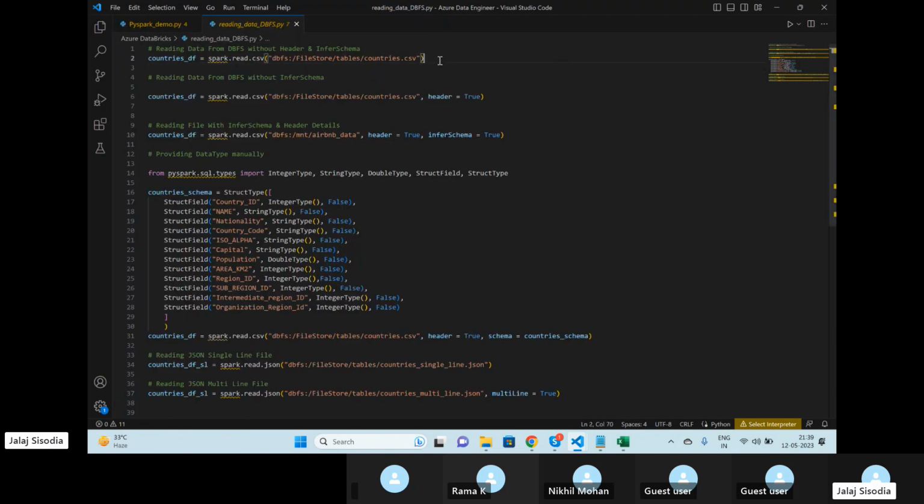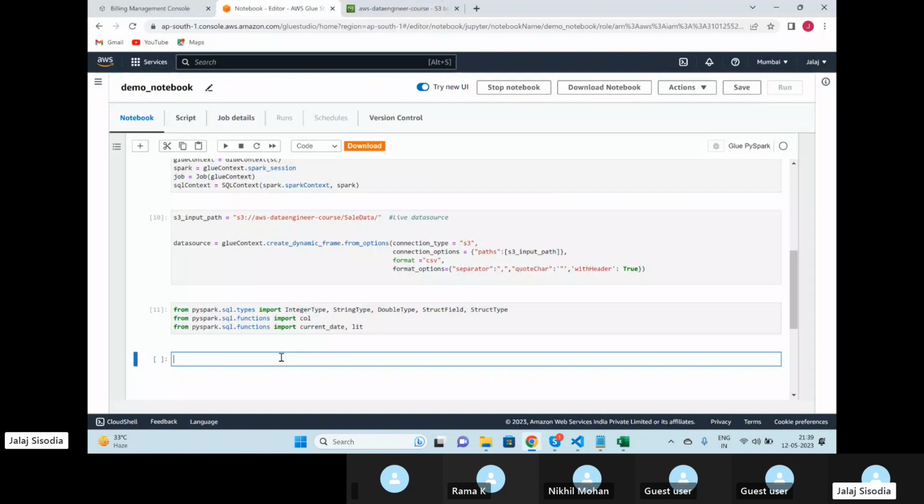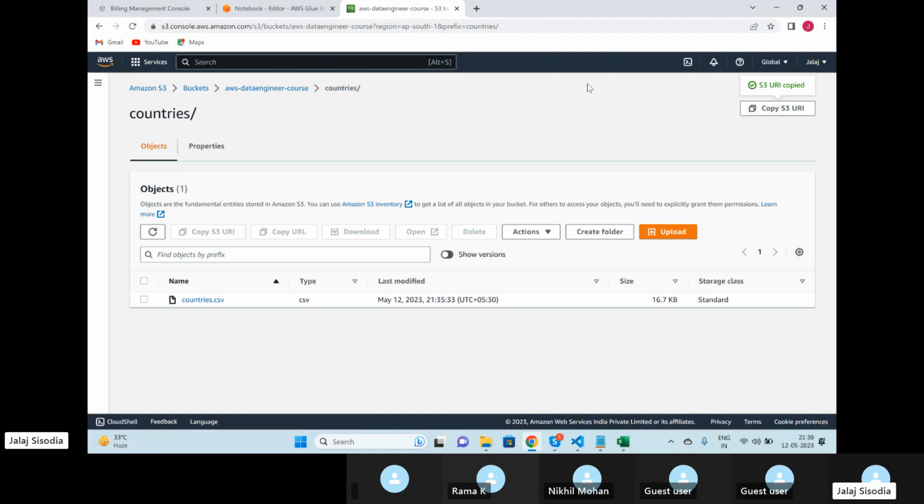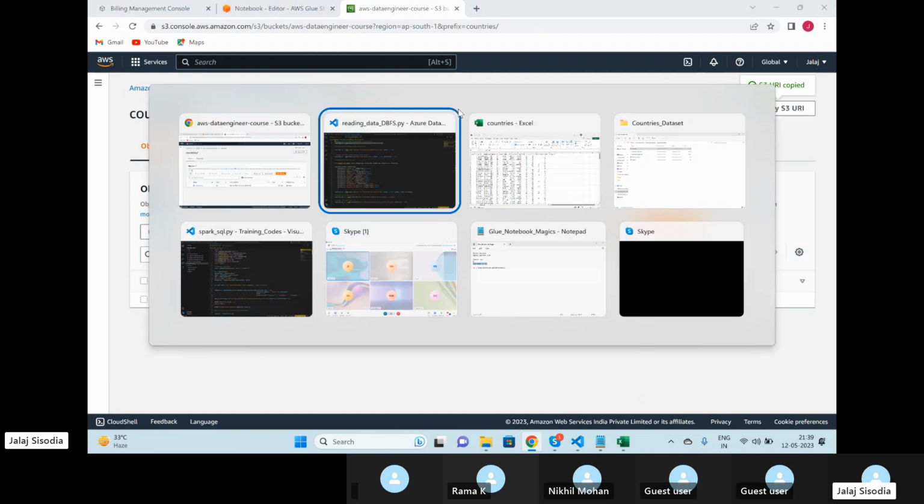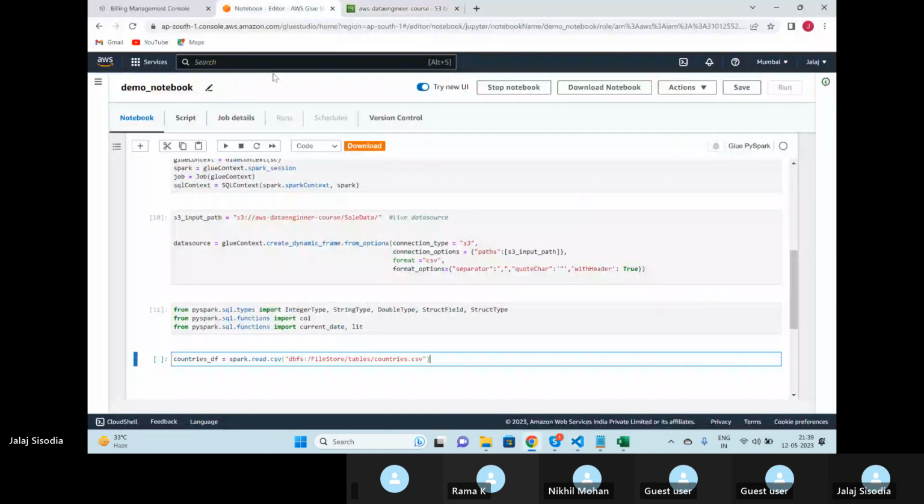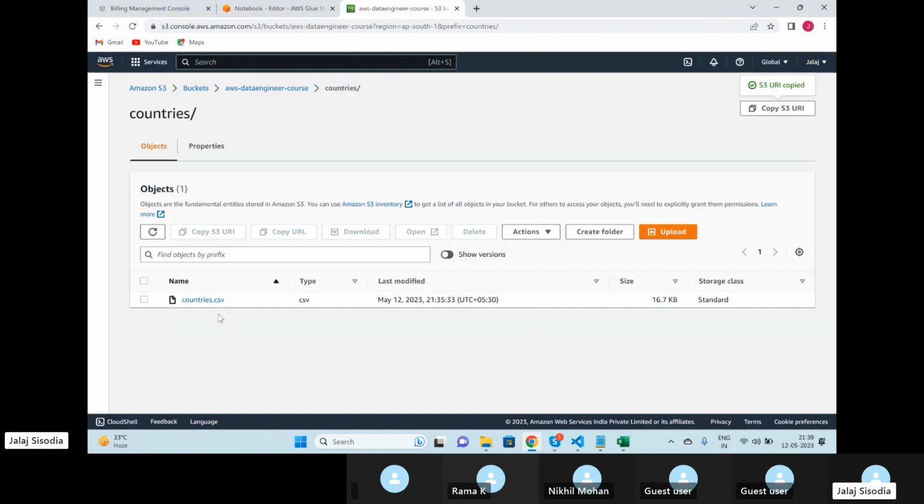And for now, let's say I'll just take this code, okay, reading the file, and I come here and I just replace this path again. And this is how I can read my files. I'm just going to say my SC location, and inside the countries folder. Okay, if you see inside the countries folder,